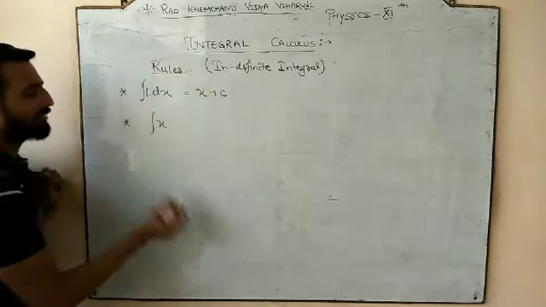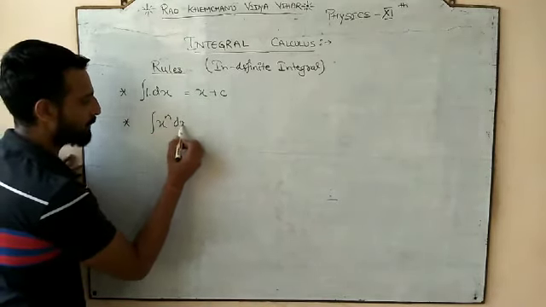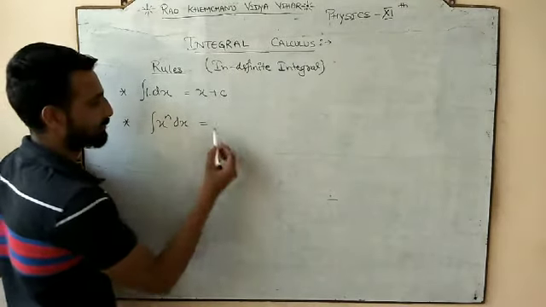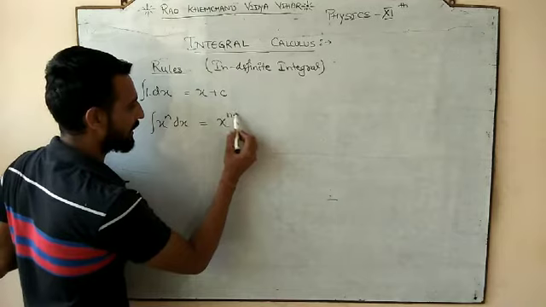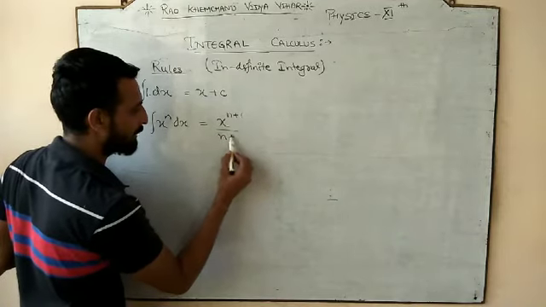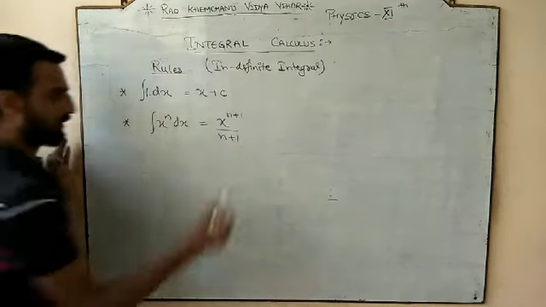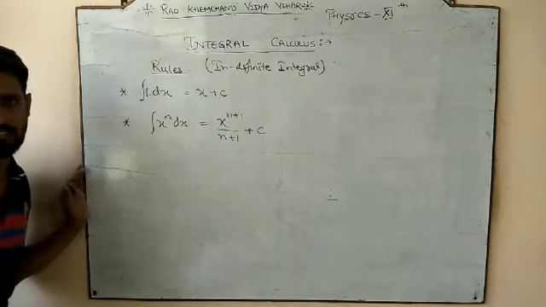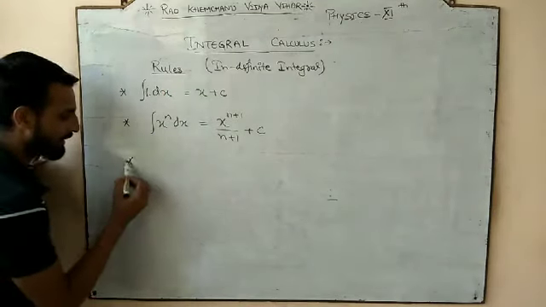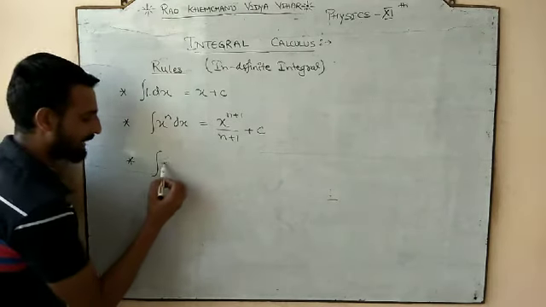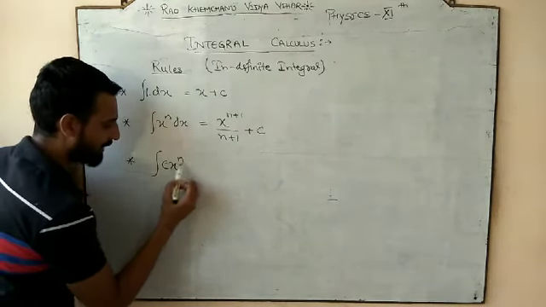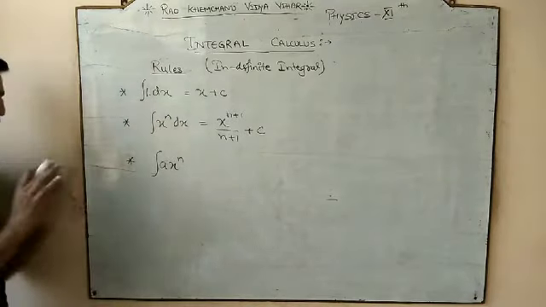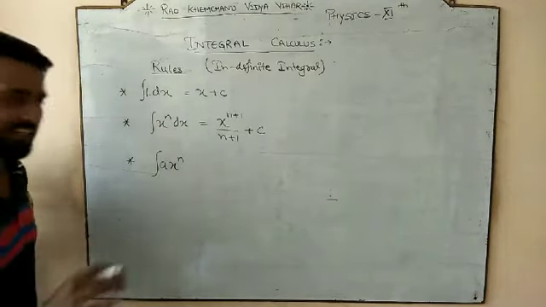Similarly, if we have some variable x power n dx, the integration of x power something is x power n plus 1 divided by n plus 1, plus some constant might be हो सकता है इसका. Okay, similarly we can have the third rule, that we have c x power n. In place of c I am writing a, so here a is also representing a constant.